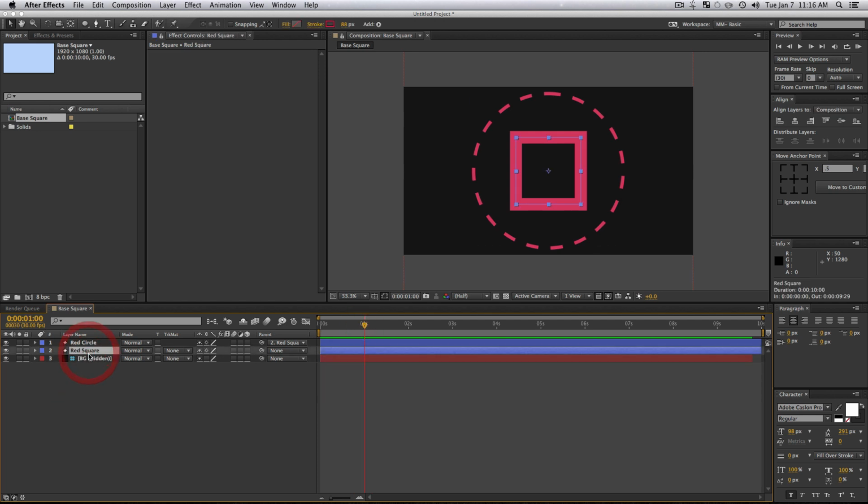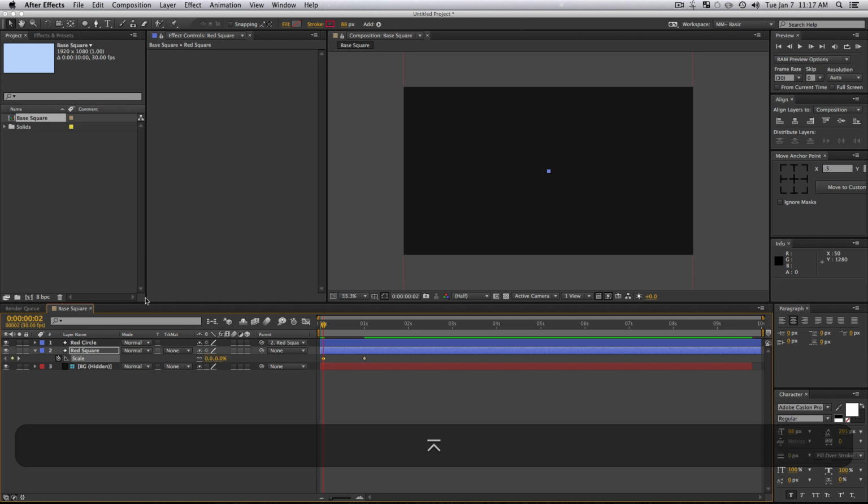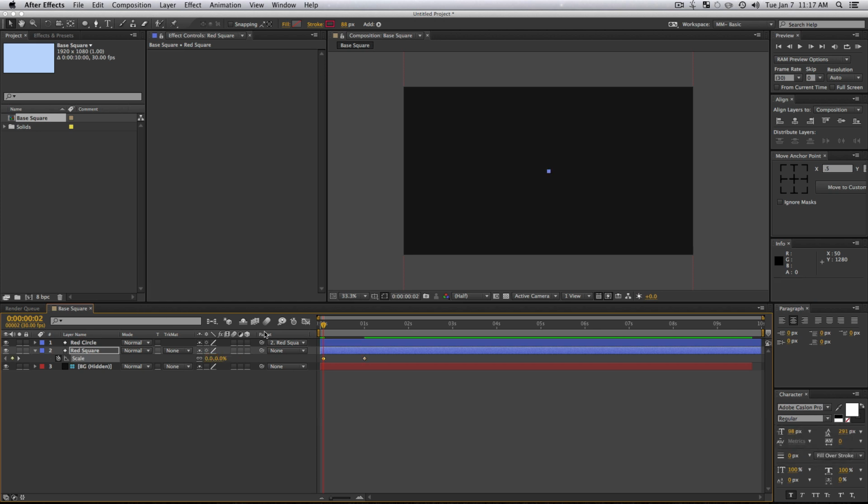Let's go into our square properties. Press S on your keyboard to bring up your scale, and we're going to set a keyframe. And then we're going to go backwards to maybe 2 frames on our timeline, and we're going to scale this down to 0. So our circle should also change if you pick whipped it to your red square like we just did. So then I'll play it and it'll pop up.